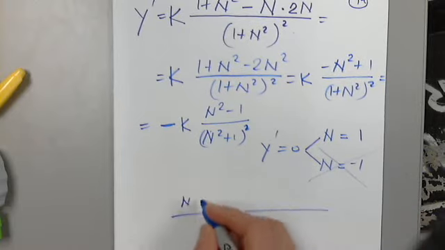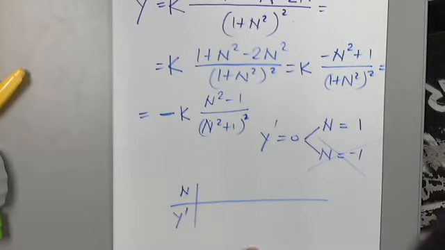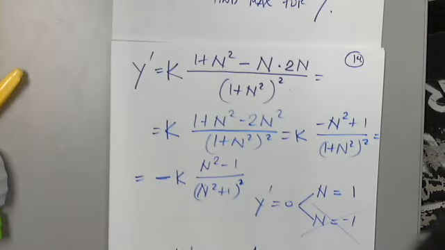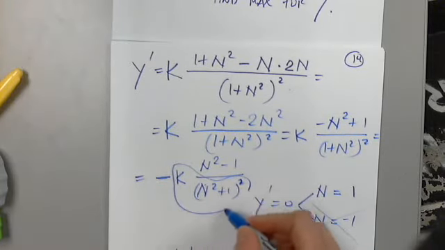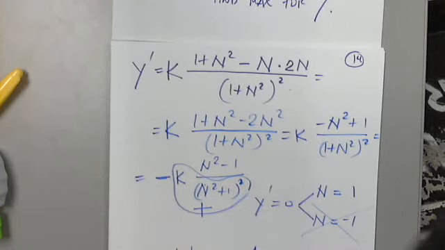So I will put 0, I will put 1, 0, and I will study the sign of the derivative. Because I have to show that this critical number changes into a maximum. If I can show that N equals 1 changes into a maximum, then it's a maximum. So let's take a look at the function. I hope you agree that I will definitely not worry to plug in anything in K times N divided by N squared plus 1 squared. So it would be a waste of time.